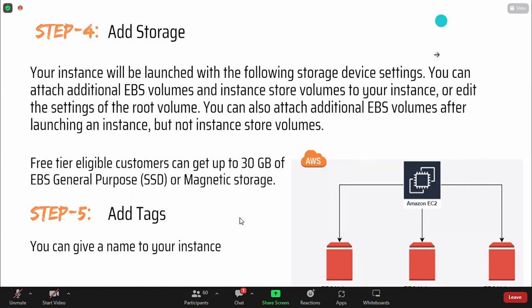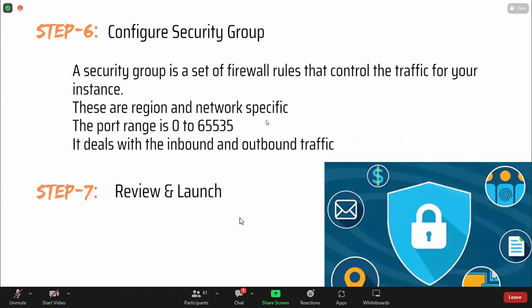Step number 5 is your tags. Okay, and what is step number 6? Security group. So security groups deal with inbound and outbound traffic, and the port range is from. Okay, perfect. And the last one is your preview and launch. So let's try to create